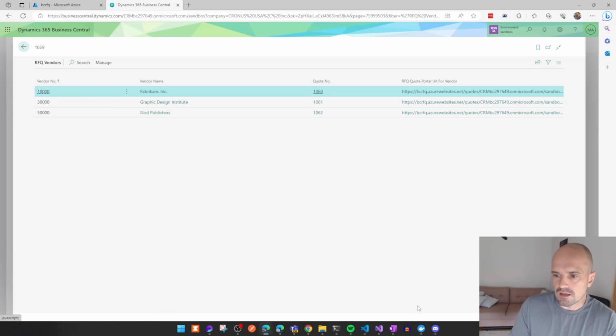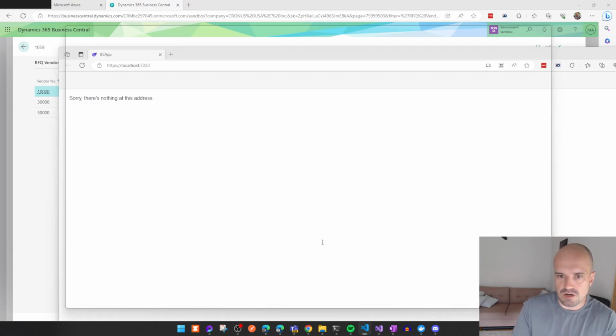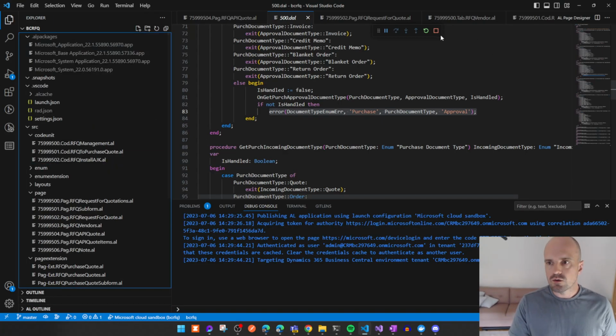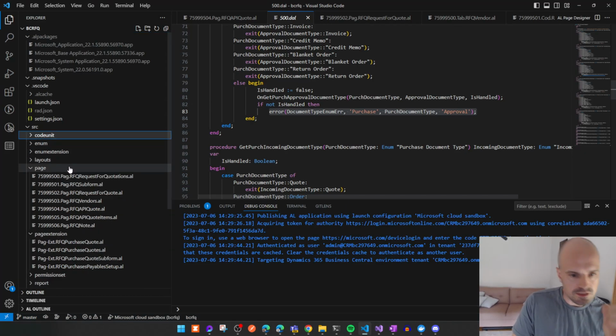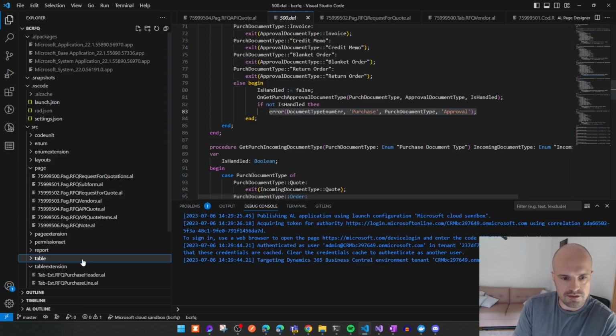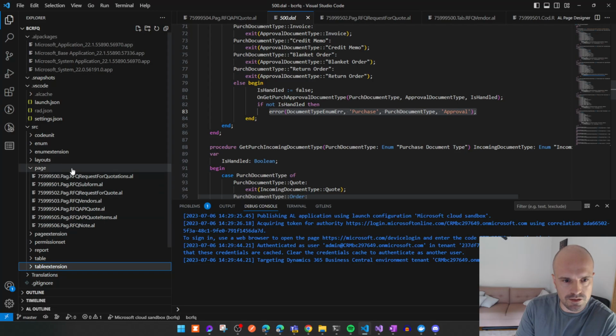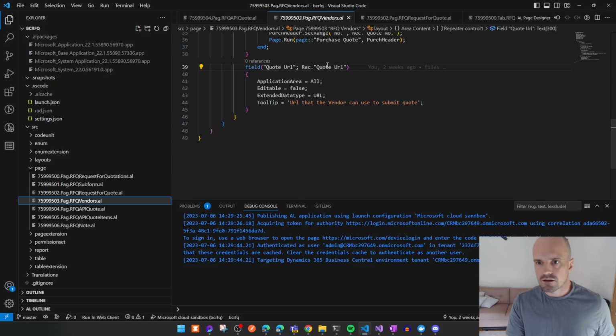So how does it actually work? It works in Business Central like this: I will close this debugger, and once this quote is assigned to a request for quotation and the request for quotation is released, it will actually create a URL. And let me think where it is. It's here,